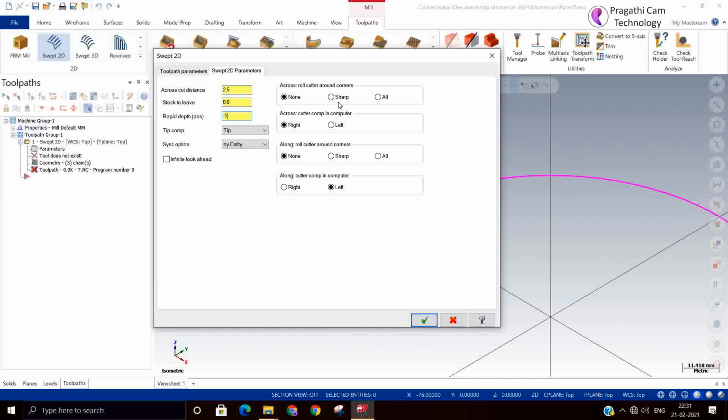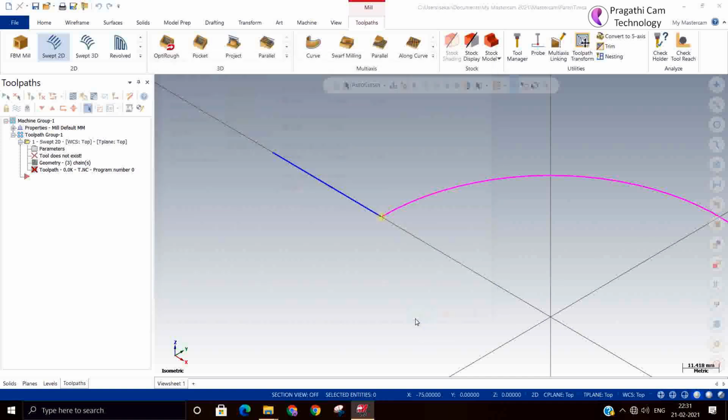Or along where. So what is the corner strategy? None, sharp and so on. Whether compensation is right or left. How you want to roll around corners, the cutter compensation right or left. I am just accepting.